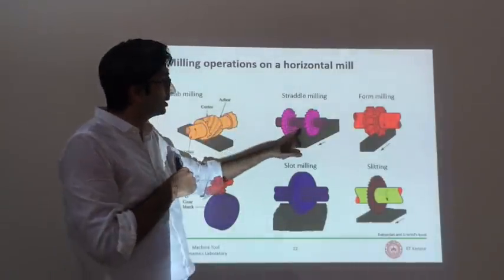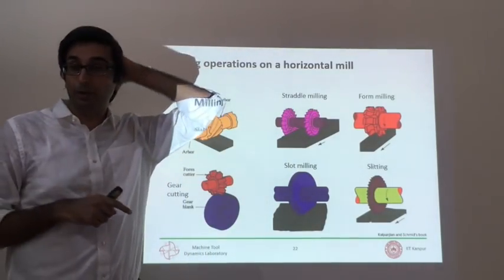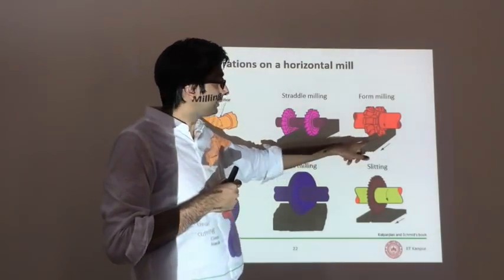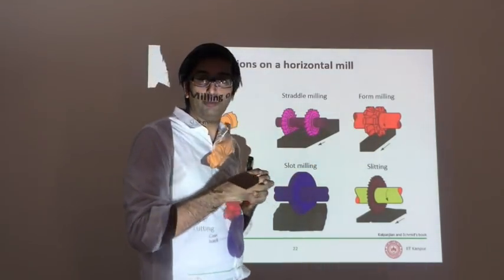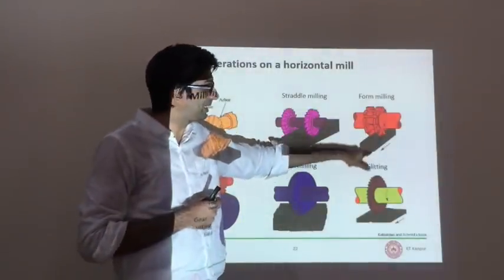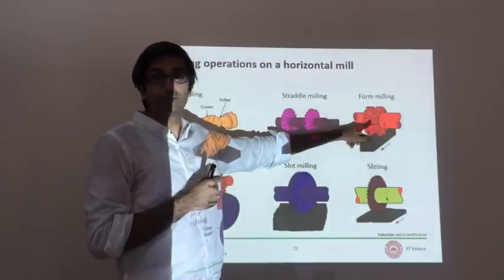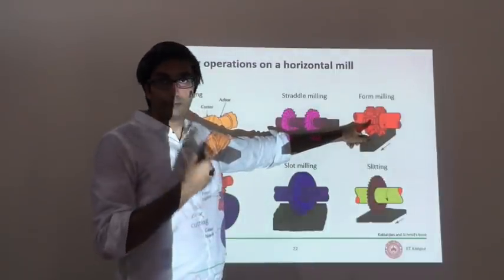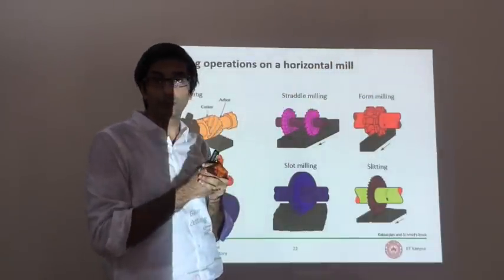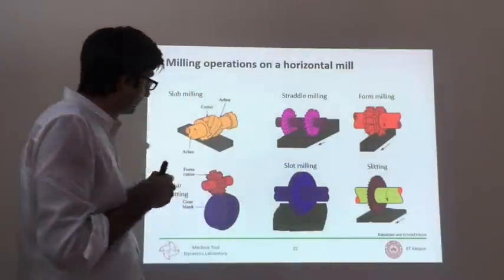These are two different cutters. You can do form milling like you did in form cutting, in form turning, or in form threading. You can also do form milling, where, if you have a workpiece which has to be mass produced with a profile like this, you have a negative profile on the cutter, and then you just pass the cutter in relation to the workpiece, you move it relative to each other, and you get the profile that you would like. So this is form milling.